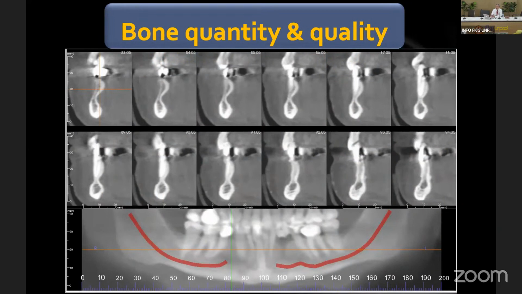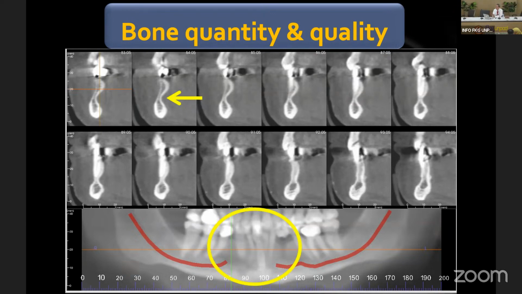Now this just shows that if you just look at the panoramic view, you can see the bone height, but you probably don't see the bone width. There's some sort of depression in the anterior aspect of the mandible.